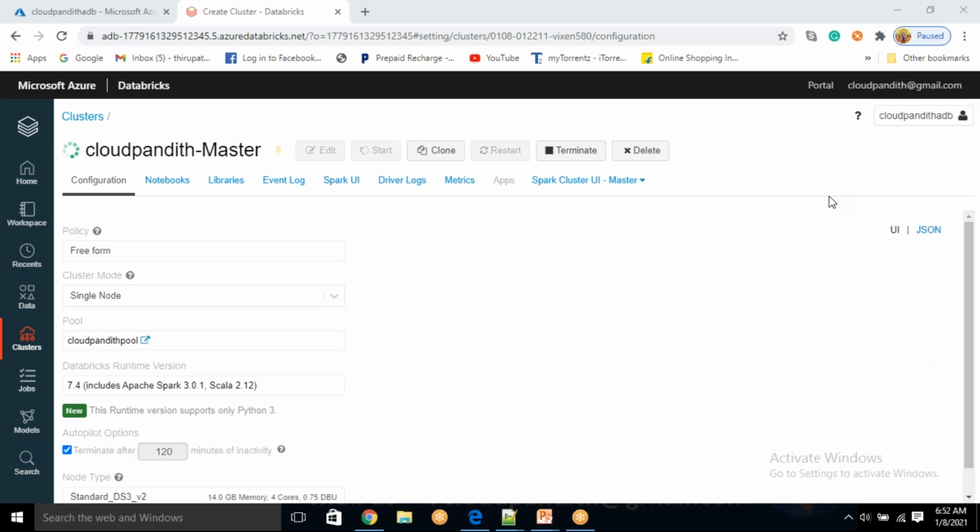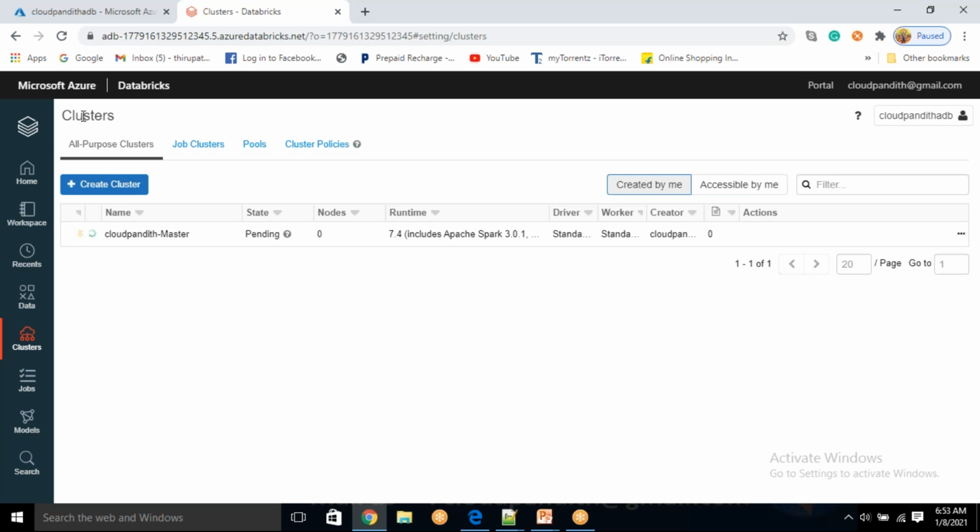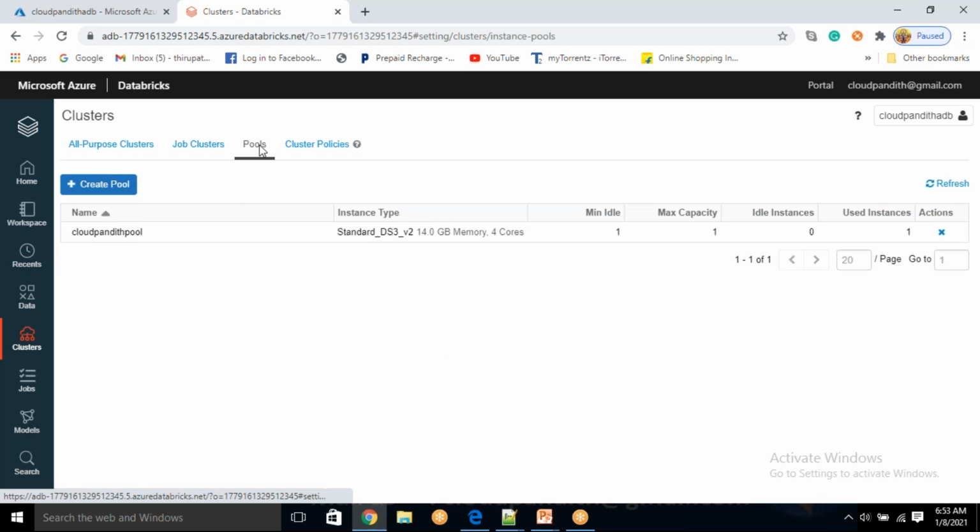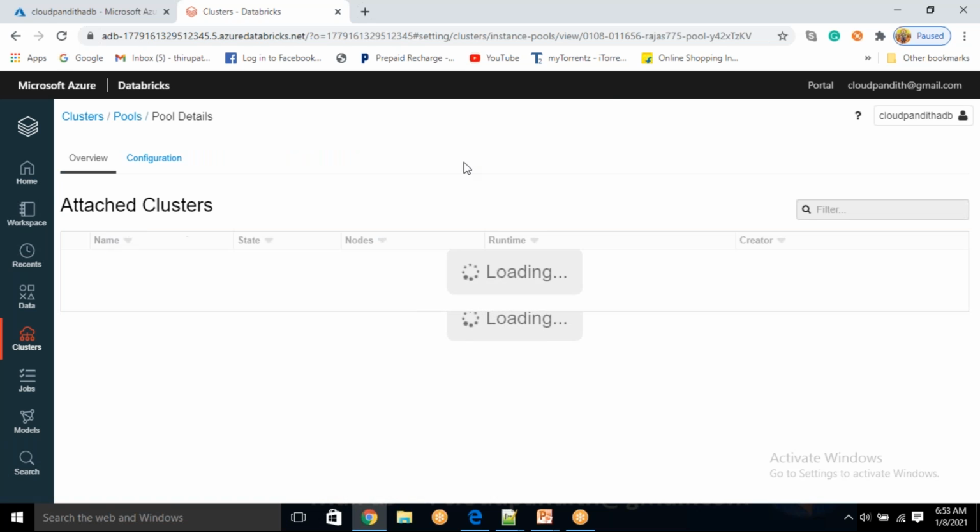See, it will not terminate. As you are using a pool, from the cluster, computer will be returned to the pool. Okay, and how can we check that? Do you have a way by which I can check whether it goes to the pool or gets terminated? You just have to go to the pool, click on this pool.